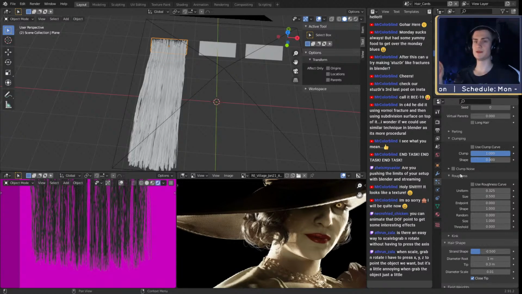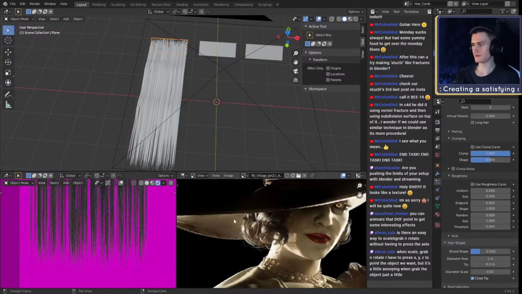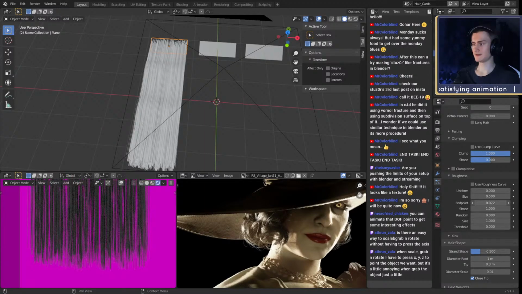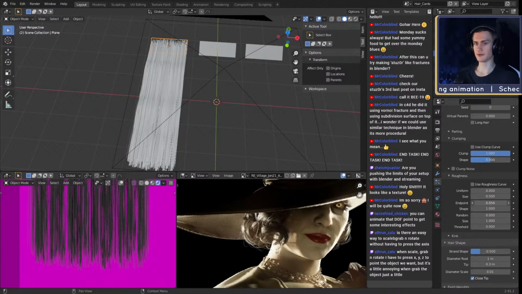But if we reduce the uniformity, you can see now they're all scattered all over the place, because the change in uniformity overrides the clumping. If we put that to 0.325, now they're all straight. If we then change the endpoint, they all go apart again.